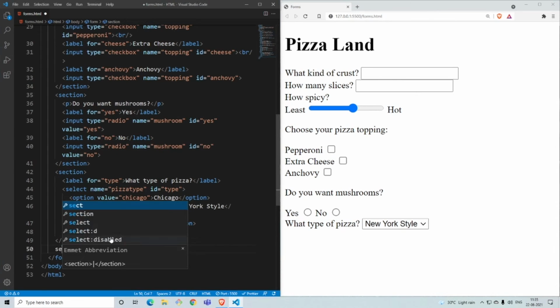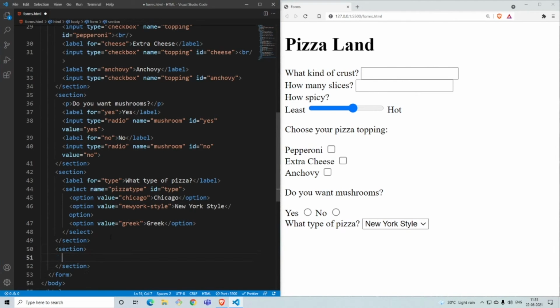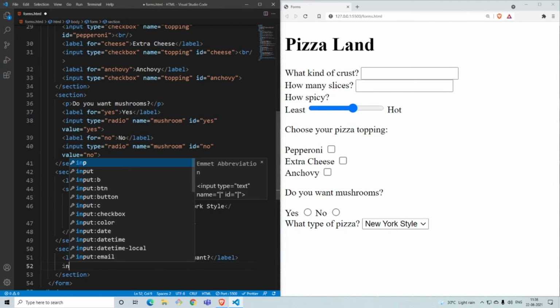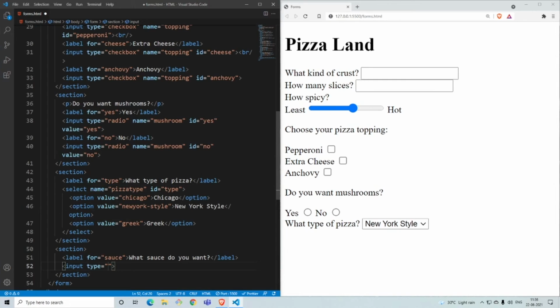Now let's write that. We'll write a section, and inside here we'll ask them the sauce. So we'll say label, and this is for the sauces. So sauces, and we'll add out here what sauce do you want. Now we'll add the input, and this input will not have a type out here because this is like a list, so we'll add a list kind of type.